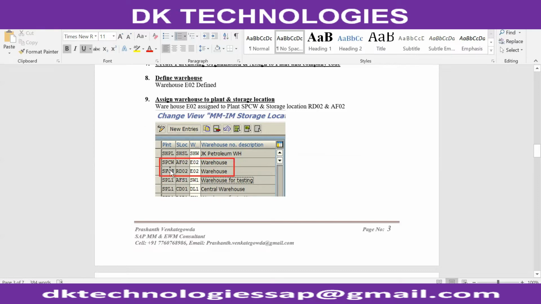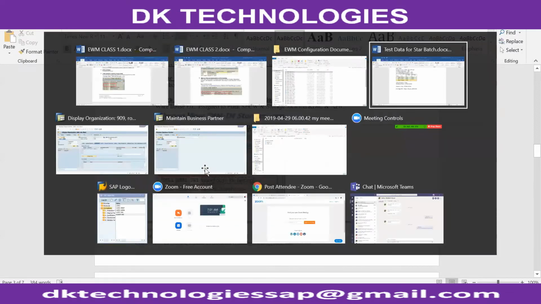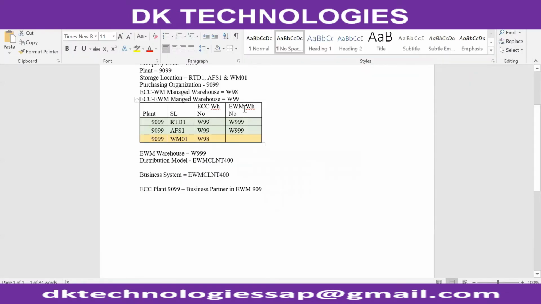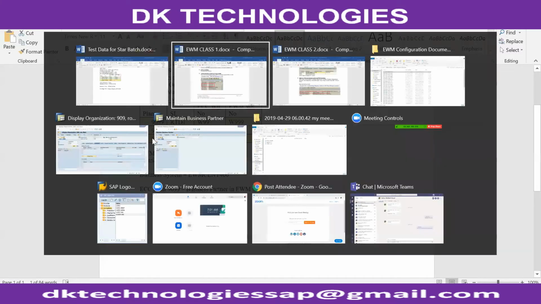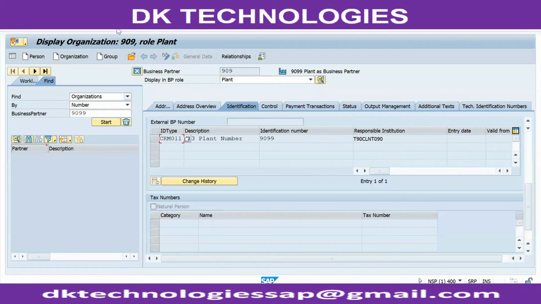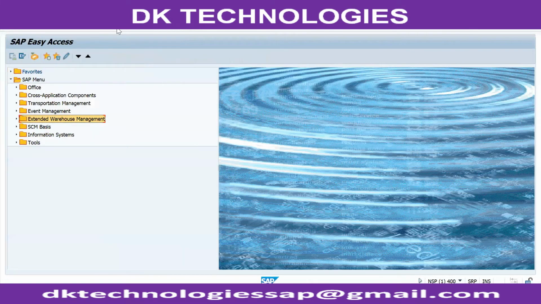In the same way I have shown you, we also group together the EWM warehouse. The organization data should be synchronized between ECC and EWM, so we do the same setup in EWM. The plant, storage location and warehouse assignment we also do in EWM.